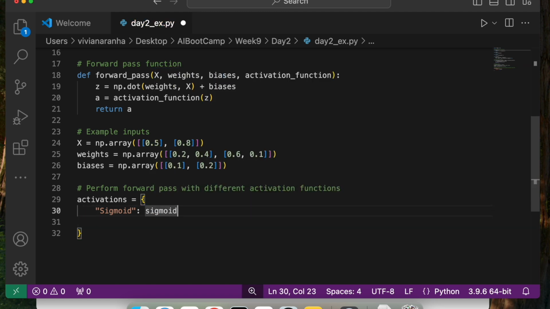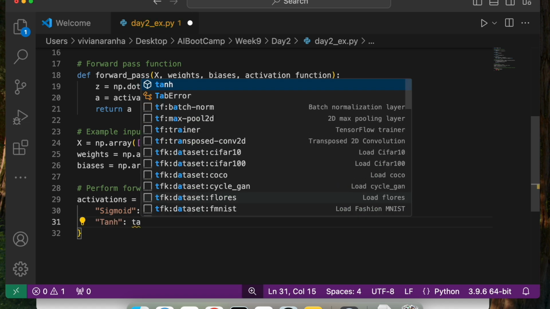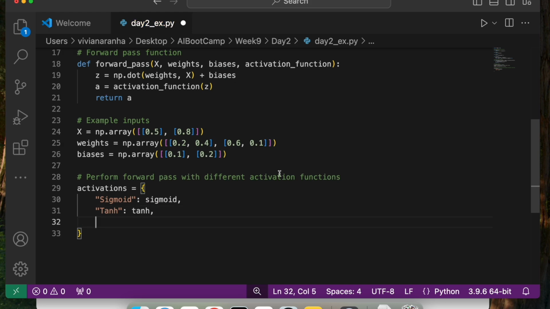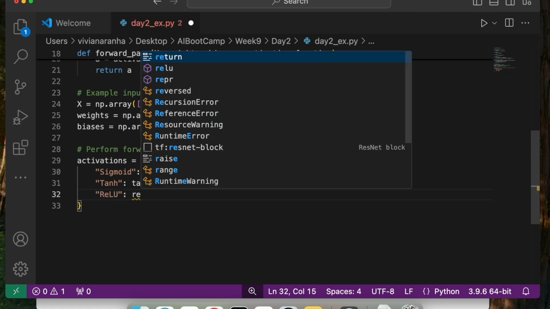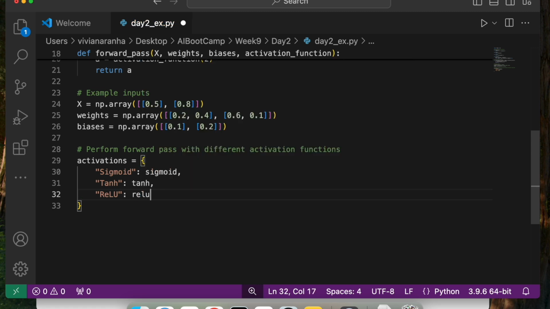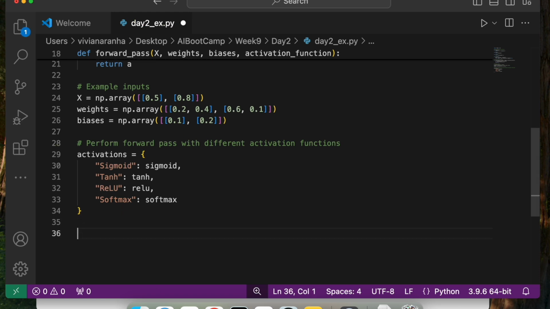Next, for tanh, I have the tanh function that I've created above. Next, for ReLU, I have ReLU. Next, for softmax, I have the softmax function above. So these are my different activation functions.